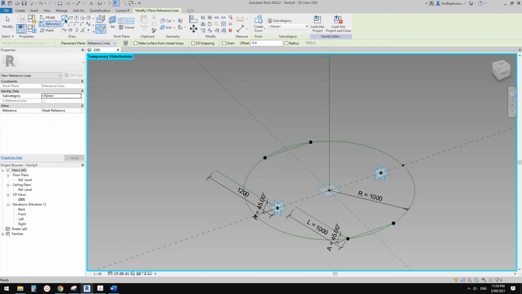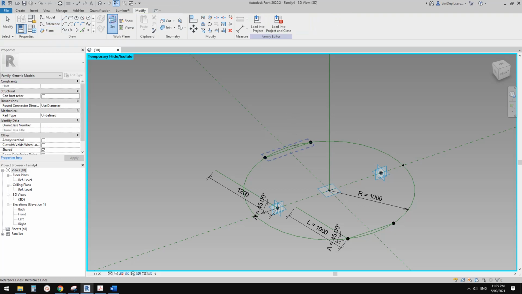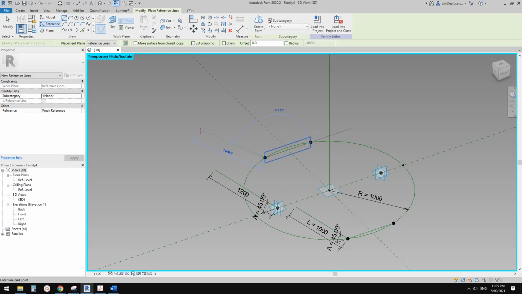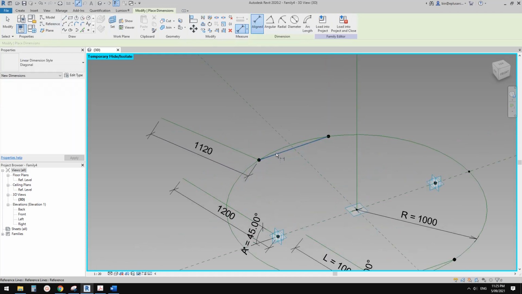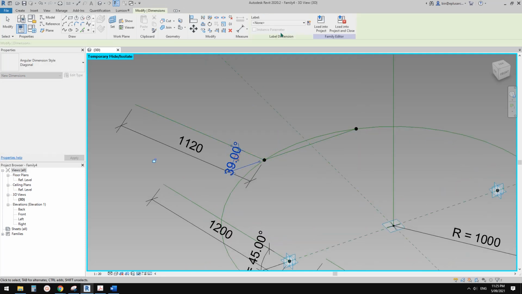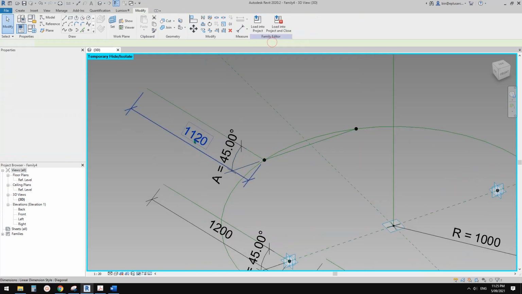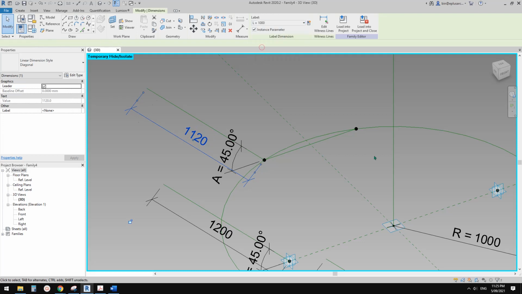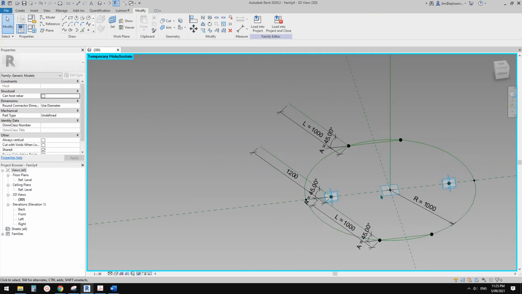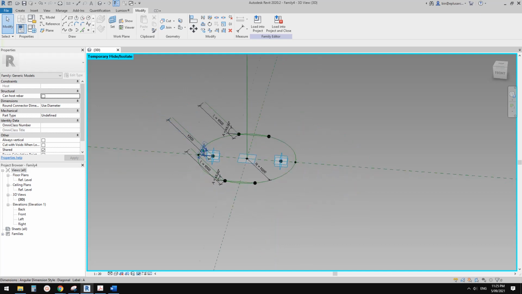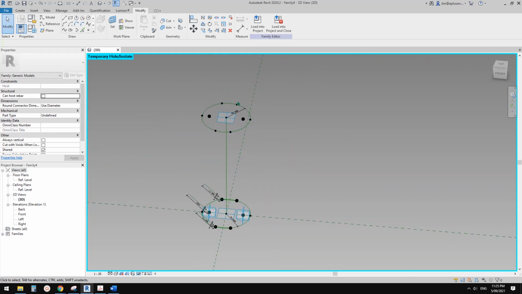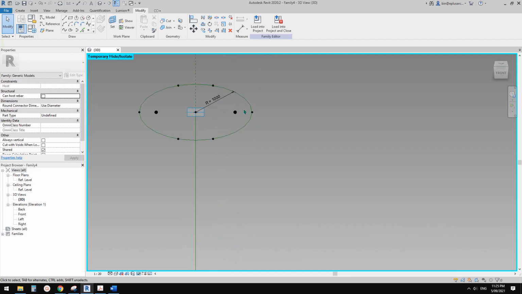And then once again repeat, so select these two, reference line, draw on work plane, set work plane, pick the vertical, so tab, and start from here, up, dimension, angular, and angle, link to A, link to L. Okay,